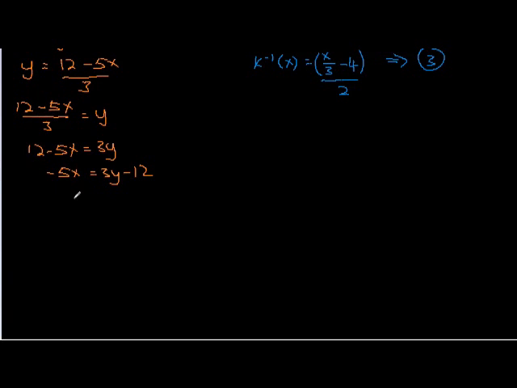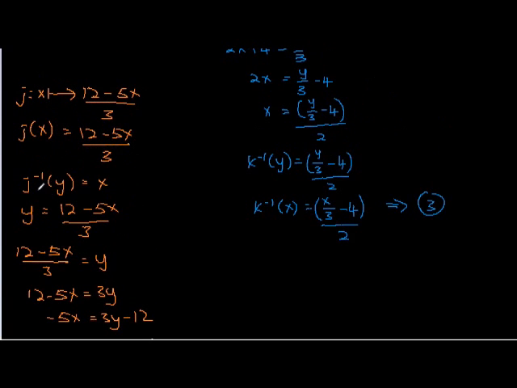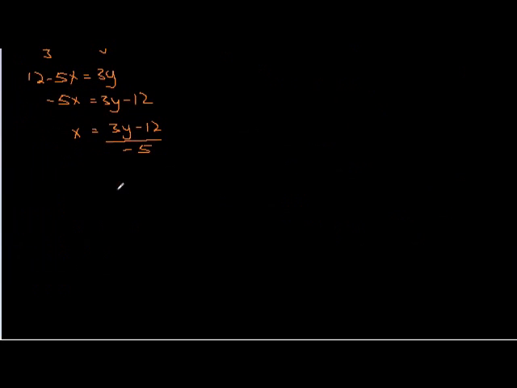So we get x equals 3y minus 12 over negative 5. Now, since the inverse of j maps y onto x, so